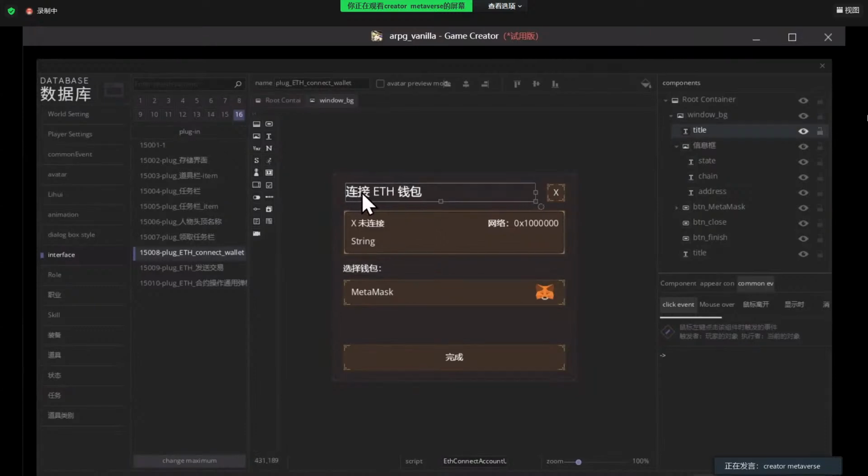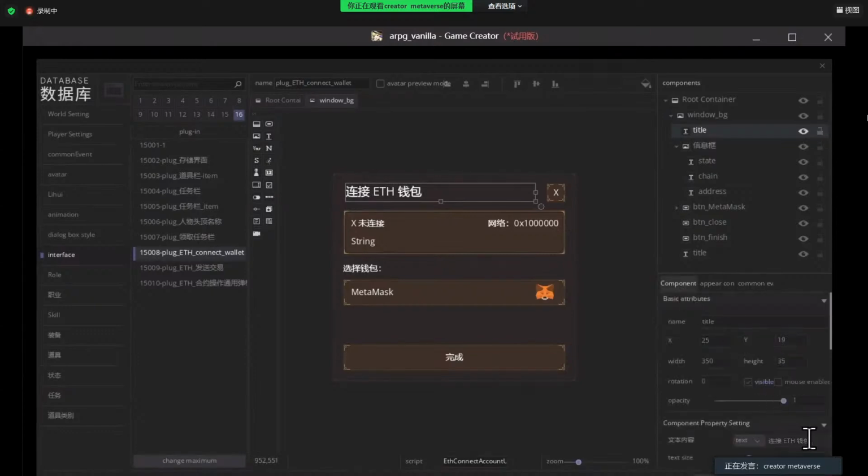Okay. Here we go. Switch here from the events to the component itself, basics. Connect ETH wallet. And this one, select your wallet.